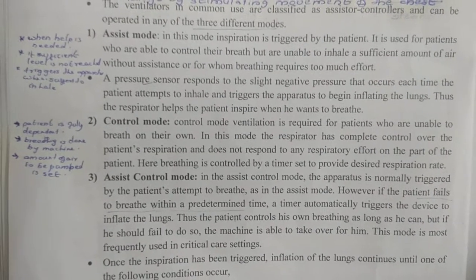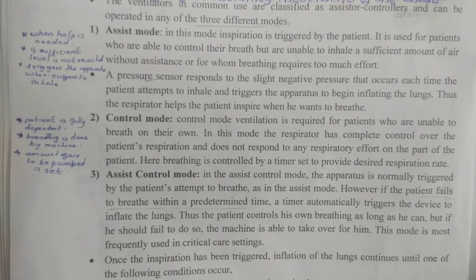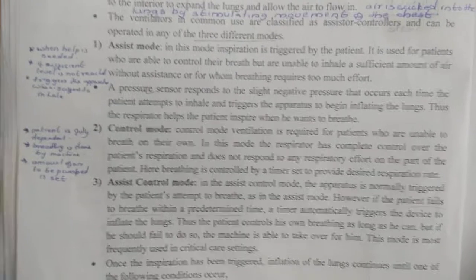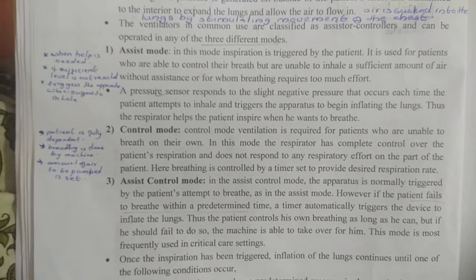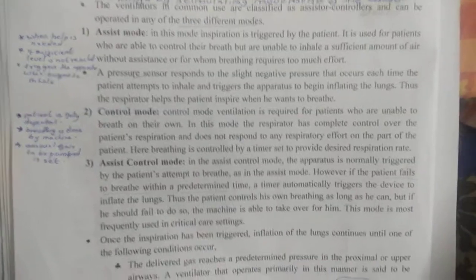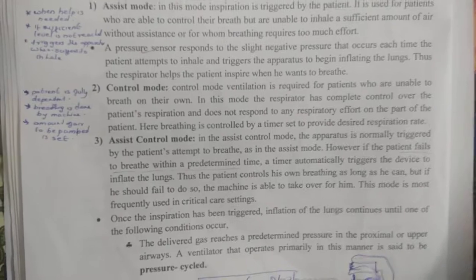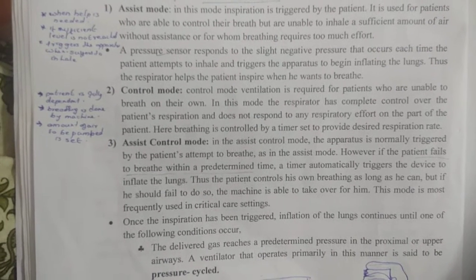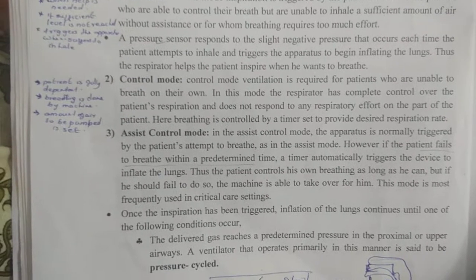Next comes the assist control mode. As we have already explained, assist mode is the mode in which it just assists the patient, that is, whenever it is required. The machine itself senses if the patient is respiring on their own, then the assist mode is used,